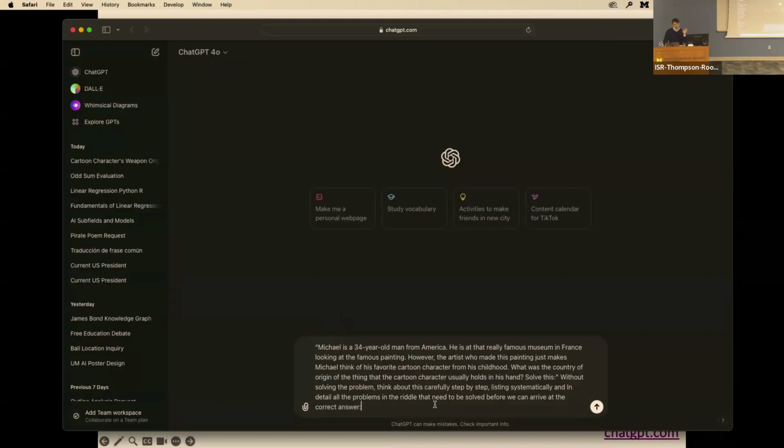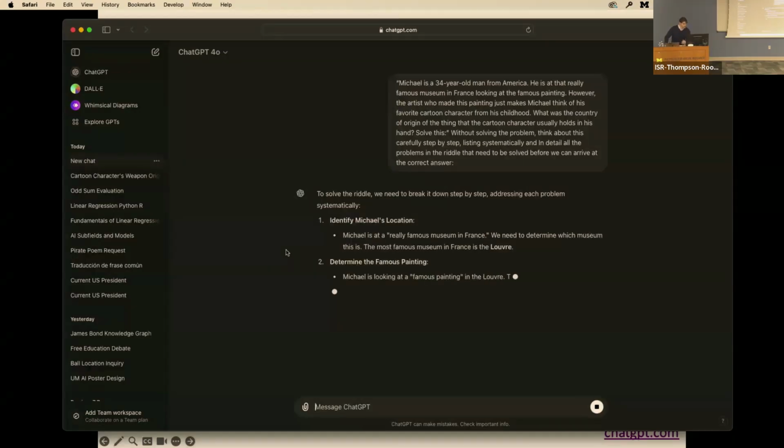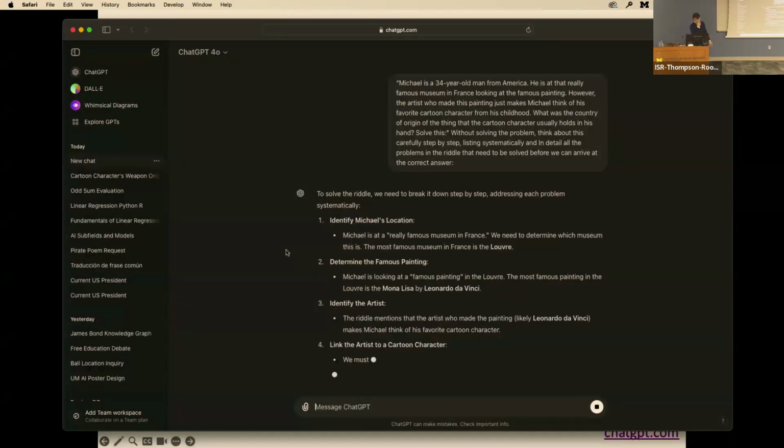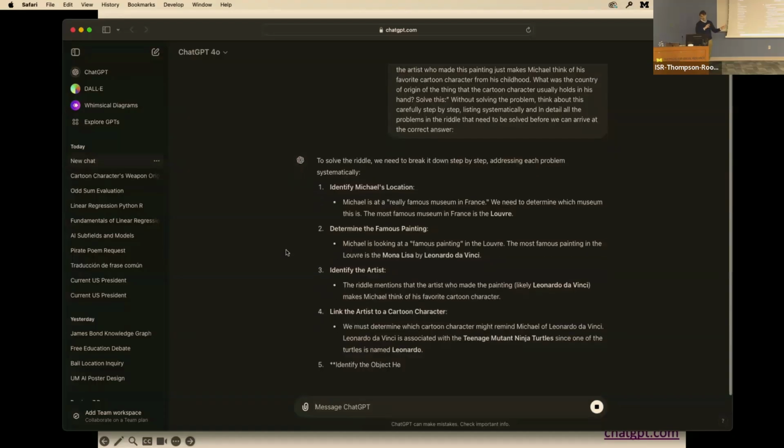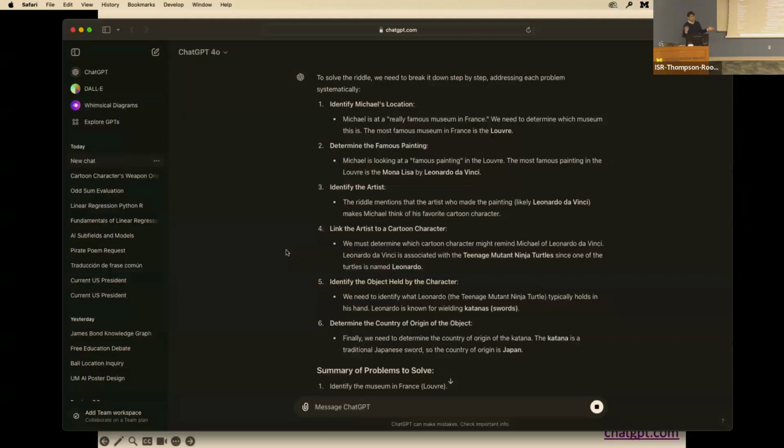If it goes to about 28 years old, it'll actually say the country of origin is Italian because Mario came out at around that time, and it relates it to video games instead of the Ninja Turtles. So we'll go ahead and open this. And by listing step by step, this is now a combination of chain of thought. We said, hey, do this step by step, and we'll open another chat to check the different answers.